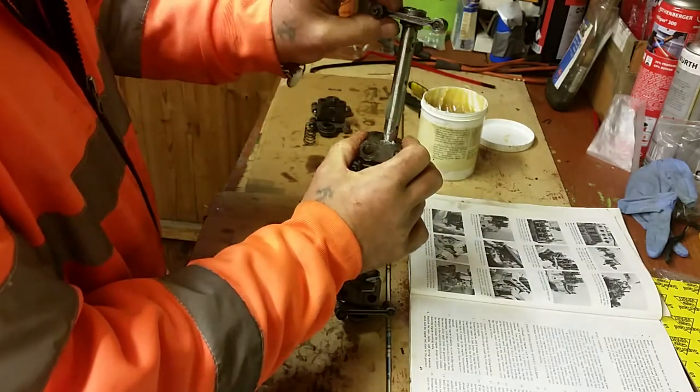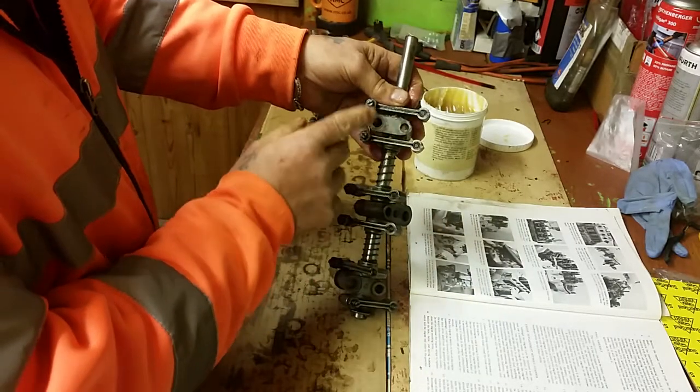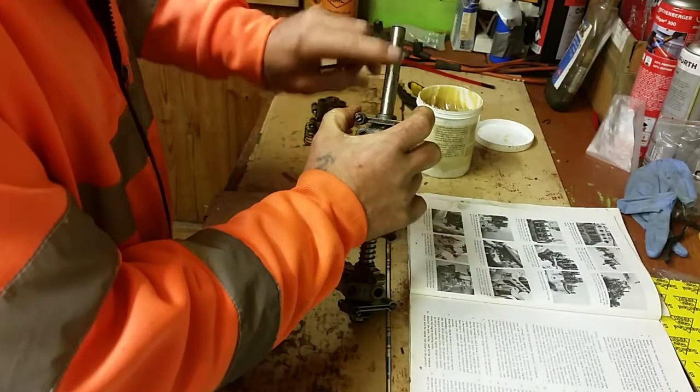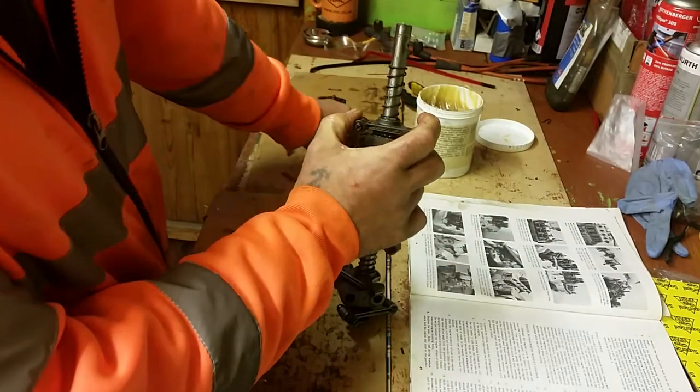Put our next rocker arm on. Make sure they're all the right way around, look. All the ends need to be the same. If you've got one at that end, it's wrong. So make sure they're all in the right order. And again, put your spring on